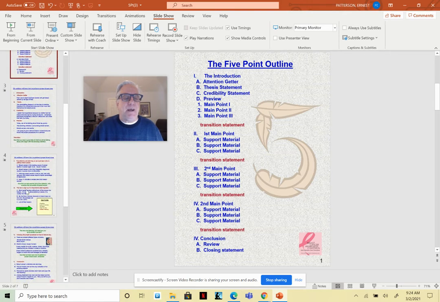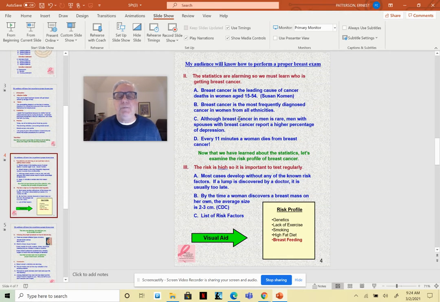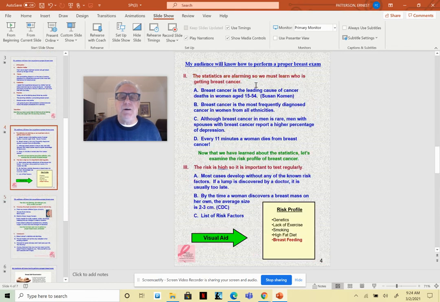I'm going to skim down here to my first main point. It says the transition says the statistics are alarming, so we must learn who is getting breast cancer. And you notice in here, I put 4 different statistics. And we can't go through each one in a little 5-minute video that I'm doing right now, but I captured